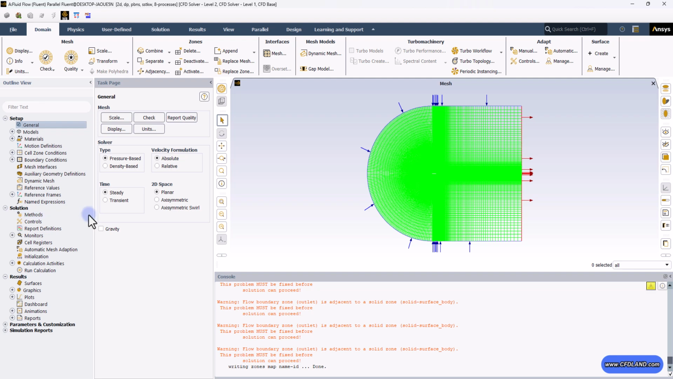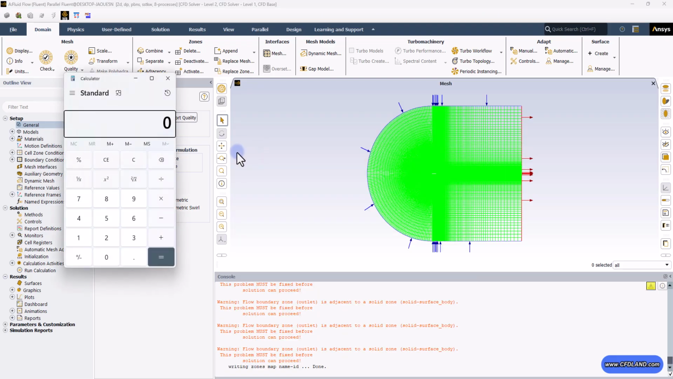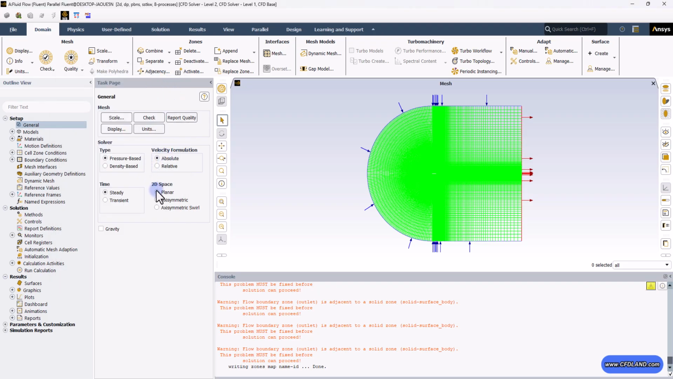So let's get back to the General tab, where we specify all the general assumptions of our solution. First, it comes with the pressure or density-based solver. We are simulating flow at 88.625 meters per second velocity. If we assume standard air properties, the speed of sound would be 340 meters per second. So we can simply calculate the Mach number of our case, which is 88.65 divided by 340. So we can say the Mach number in this case is 0.26,